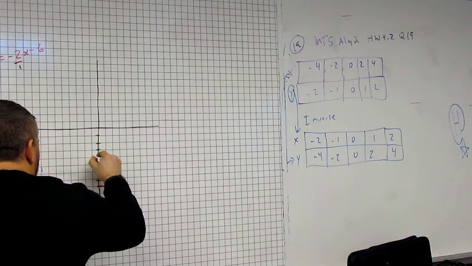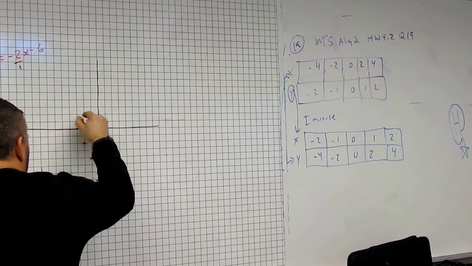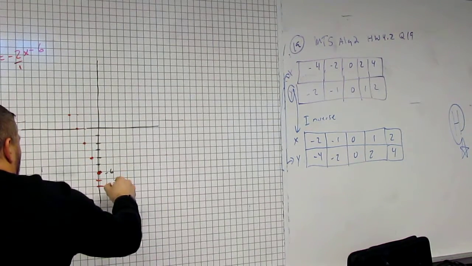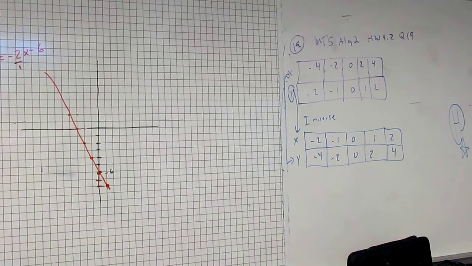Up 2, left 1. Up 2, left 1. That's where it's going. Right? And then, if I do the blue one,